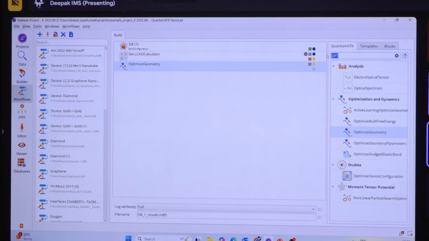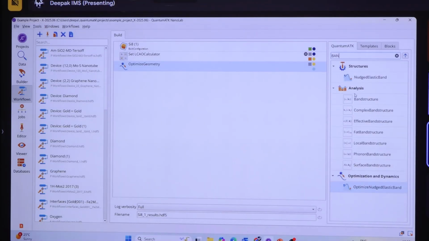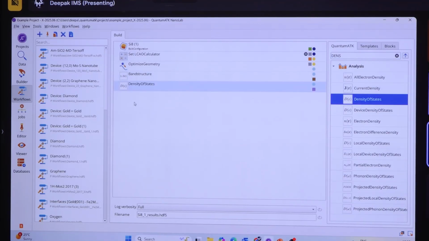So optimization has been added. And then let me add the analysis part. You can see this is the band structure, and then I would like to add density of states. So you can see two analysis parts have been added,